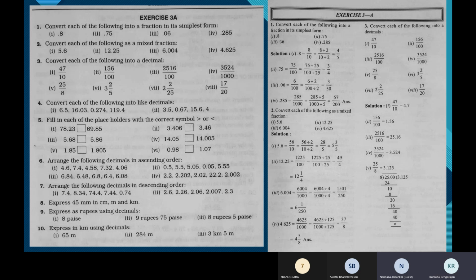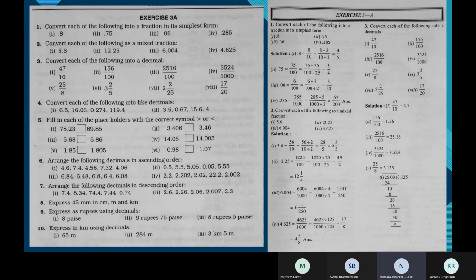34 by 10. So now see, because the denominator is 5, you can easily bring it to 10 by multiplying the numerator and denominator by 2. So that gives you 17 by 5. When you multiply the numerator and the denominator by 2, you get 34 by 10. And write 34 by 10 as a decimal.